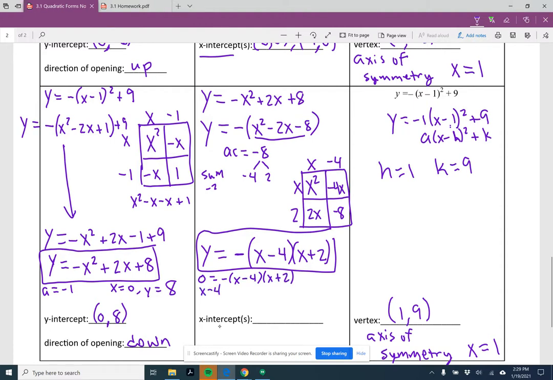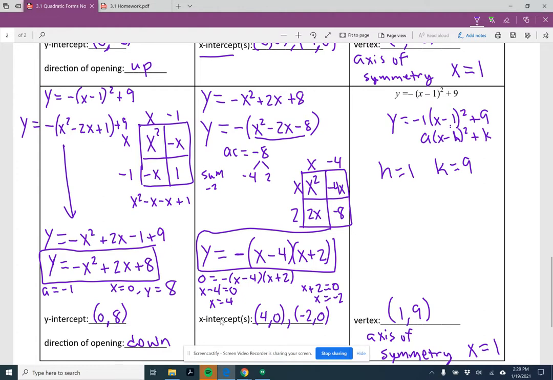So we look at when x minus 4 is 0. It's going to happen when x is 4. We look at when x plus 2 is 0. It's going to happen when x is -2. So our x-intercepts are going to be 4, 0 and -2, 0. And we're going to do one more example